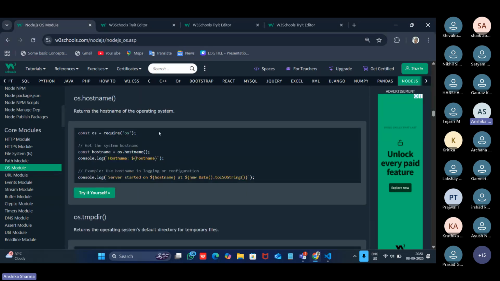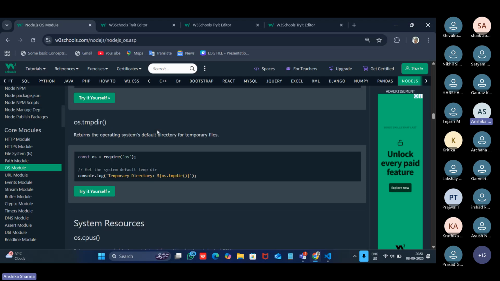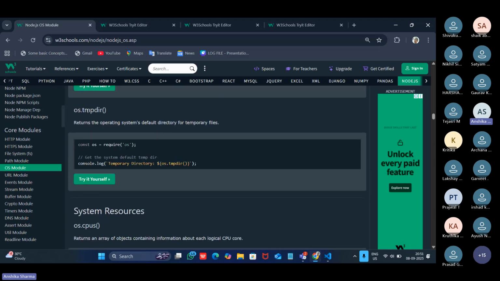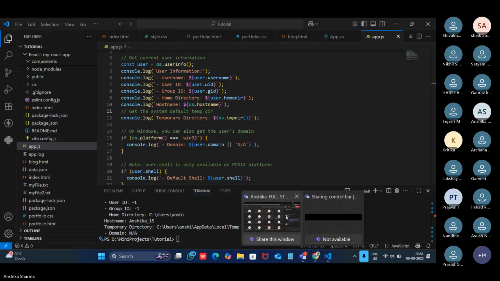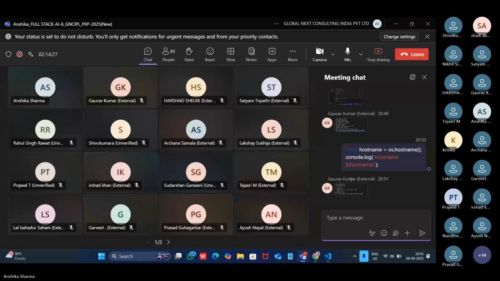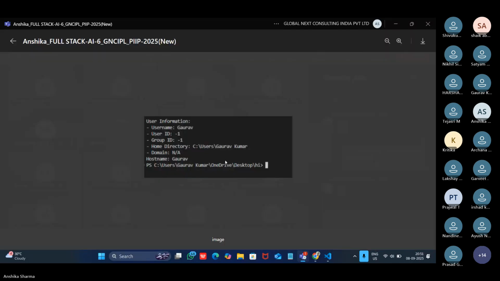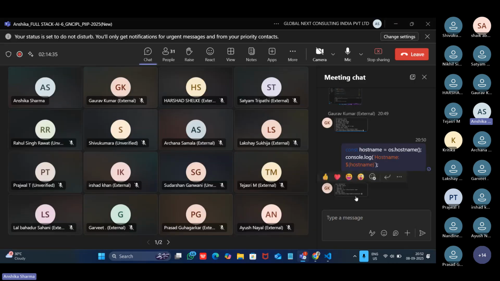Next is hostname, the information about the host name of the system, and then tmpdir, which will give us the information about the temporary folder where the temporary files are being stored in our system. Okay, so you all will be seeing this user ID and group ID as -1. That is because we all are using the Windows operating system right now.